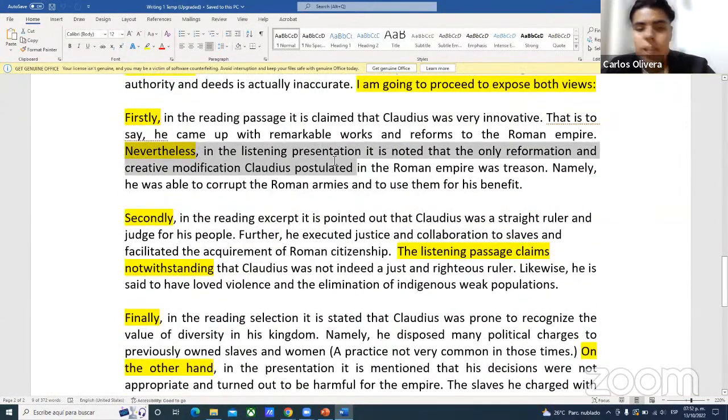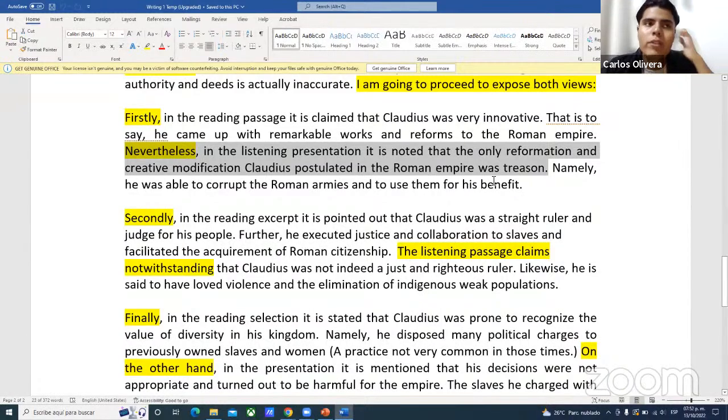Nevertheless, in the listening presentation, it is noted that the only reformation and creative modification Claudius postulated in the Roman Empire was treason, right? I am summarizing what the listening passage said, what the professor said. The only reformation and creative modification Claudius postulated in the Roman Empire was treason, right? Because the professor said, what Claudius did